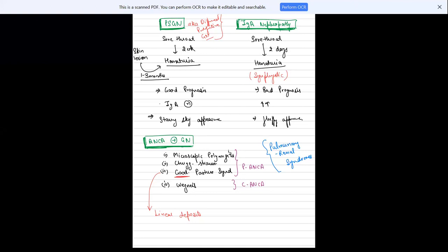How is IgA nephropathy different? In IgA nephropathy, the hematuria is present when the patient is actually having the sore throat or pharyngitis. So it is called synpharyngitic nephropathy. If a patient has a history of sore throat, then most likely it is PSGN. If he's right now having a sore throat and presenting with nephritic syndrome, then it is IgA nephropathy. And IgA nephropathy is not so uncommon; it is commonly seen sometimes. And the prognosis of IgA nephropathy is not good, because the kidney involvement